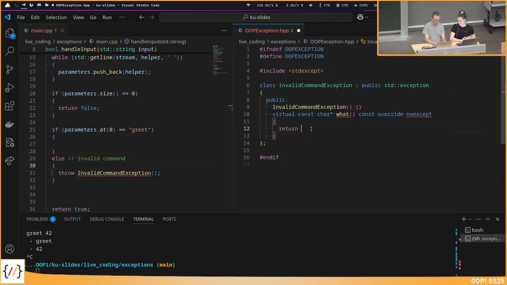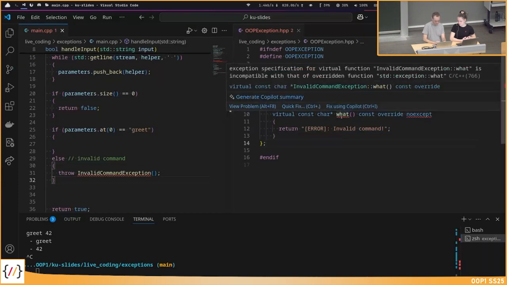Okay, and just return maybe some error message here. So maybe error invalid command. I hope I did everything right here. Have I done something wrong?